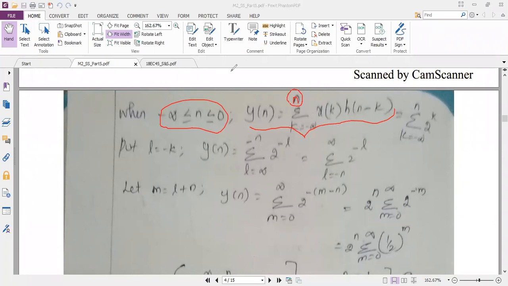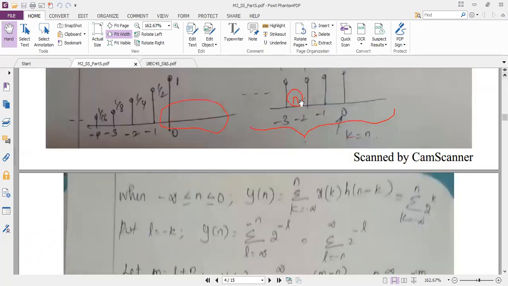Because on the right hand side, when we keep shifting, one signal will keep standing still, and one signal we will shift. So if I move the screen, this signal we will keep constant, and this signal we will keep shifting towards the right hand side. So at n equal to positive infinity, I don't get the samples, because this signal will keep moving towards the right hand side. So I may not get common samples to be multiplied.